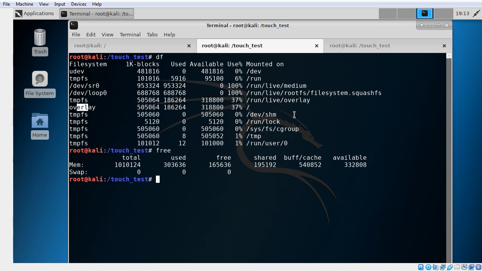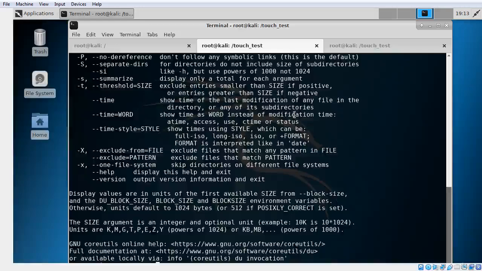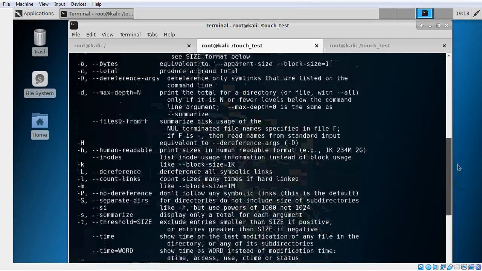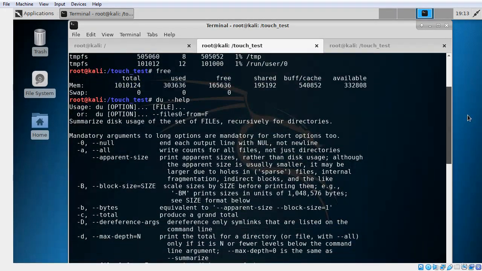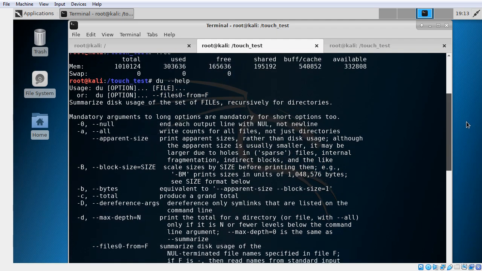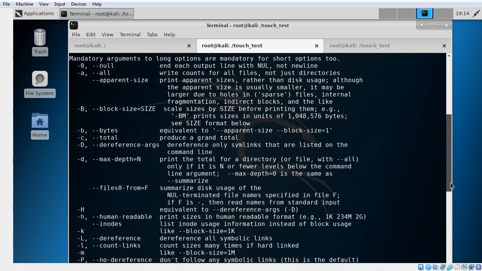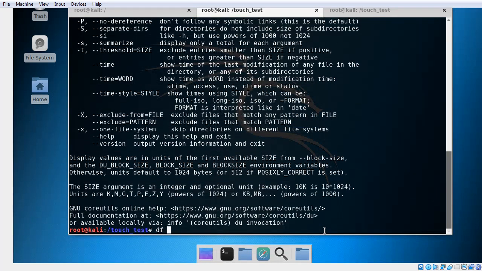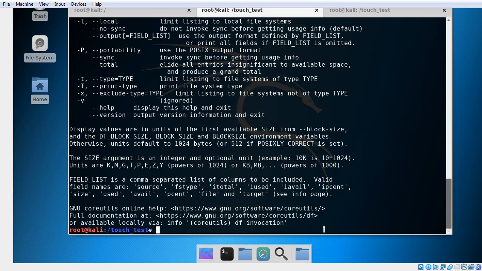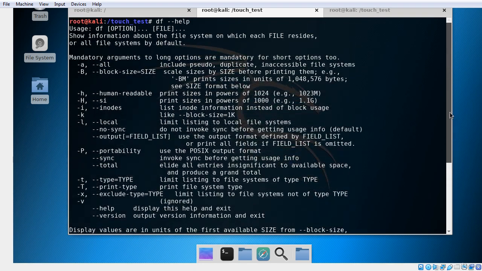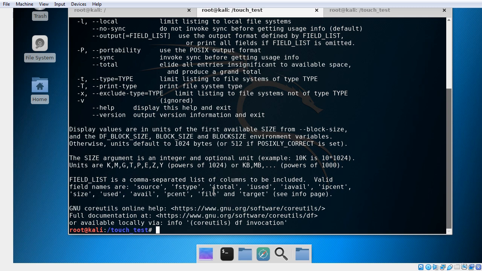So let's just go back to du and see the options. As you can see, quite a few options. Summarize disk usage of the set of files. And df also has a number of options that you can use, which I can cover in a more advanced tutorial. Okay, so